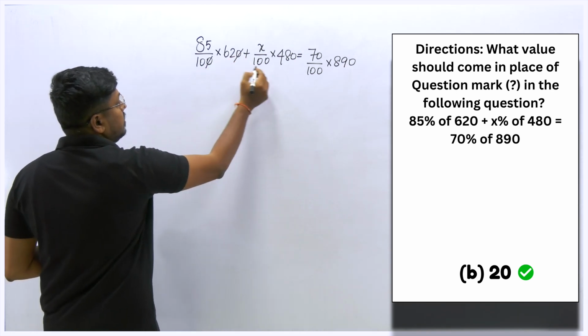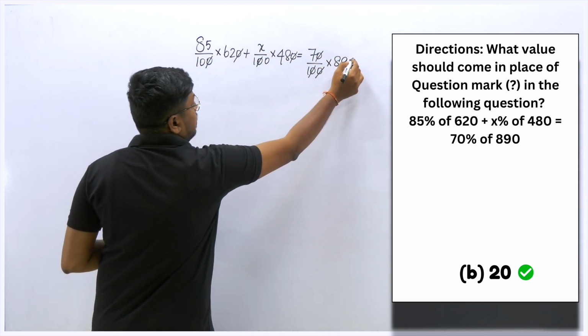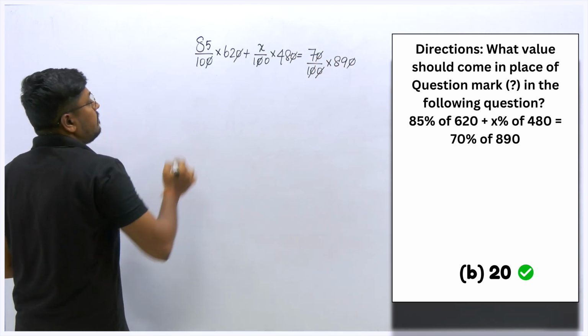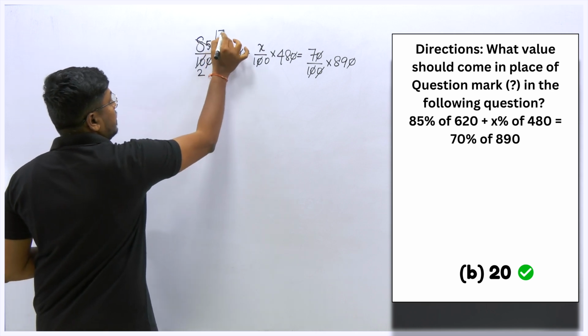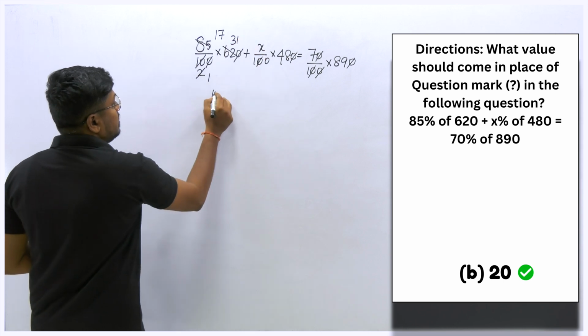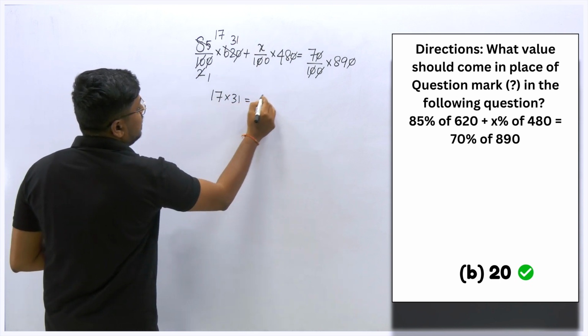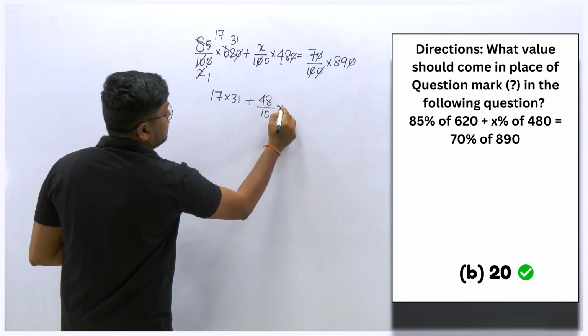The zeros cancel, then 1 0 and 1 0 here, 2 0 and 2 0 here. Finally we can cancel it on the 5 table. 5 2s are 10, cancel it on the 5 table, 1. 7 5s are 35, again cancel it on the 2 table, this will be 31. So 17 into 31 plus 48 by 10x is equal to